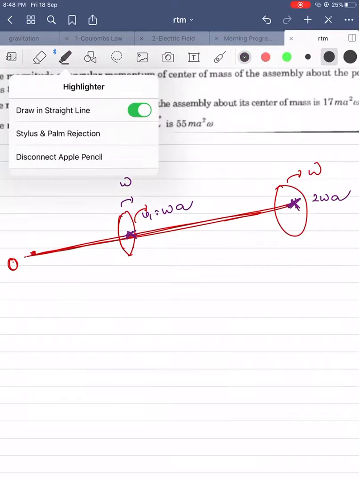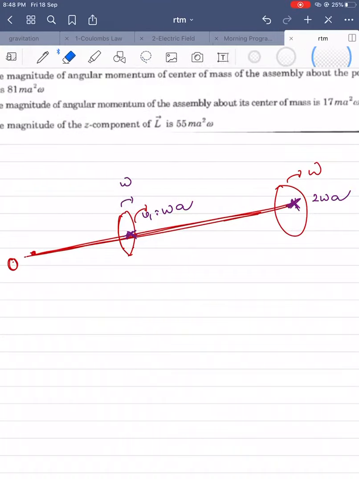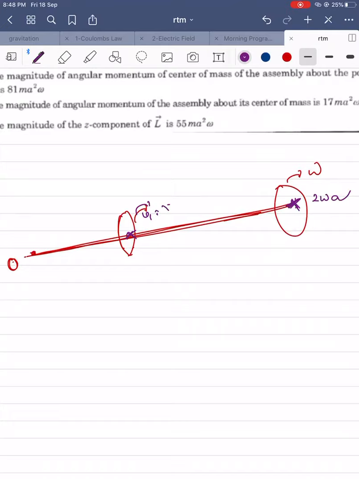I'm sorry, I considered directly as omega. I don't know what the angular velocity is, so I am considering it as omega s, not omega. So x into a must be equal to x into a by L. This is the angular velocity: v is equal to r omega, so omega is equal to v by r.